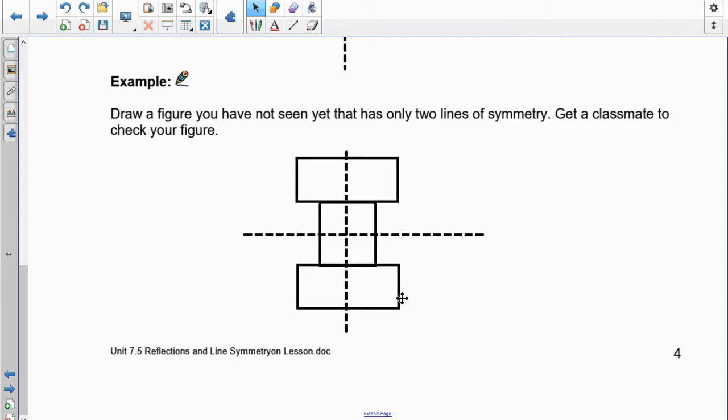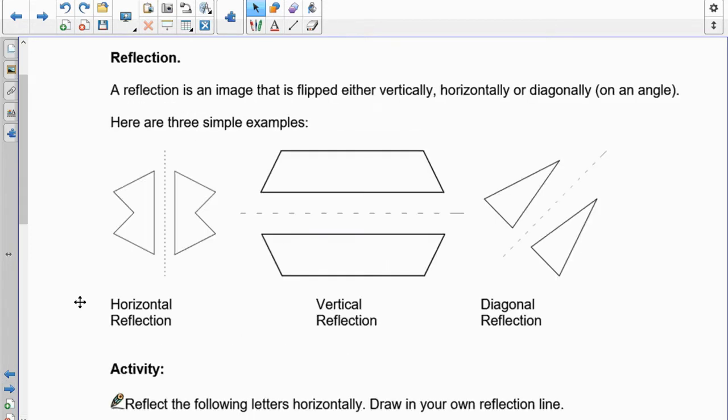Now, 2 lines of symmetry. This one here will fold over and match that. This little one will fold over and match that, or I can go sideways, both ways. Okay, I cannot go on a diagonal, but I can do these 2. Okay, the next logical